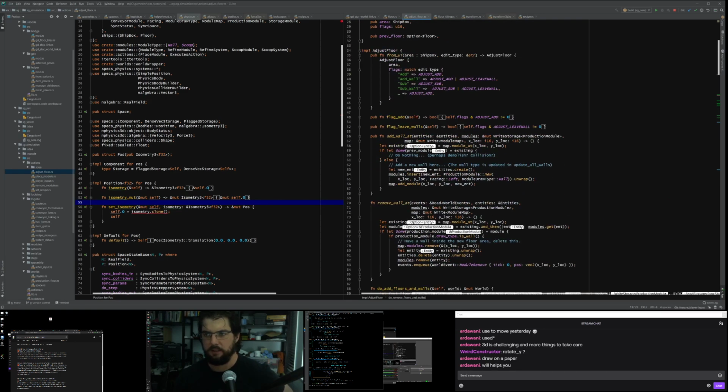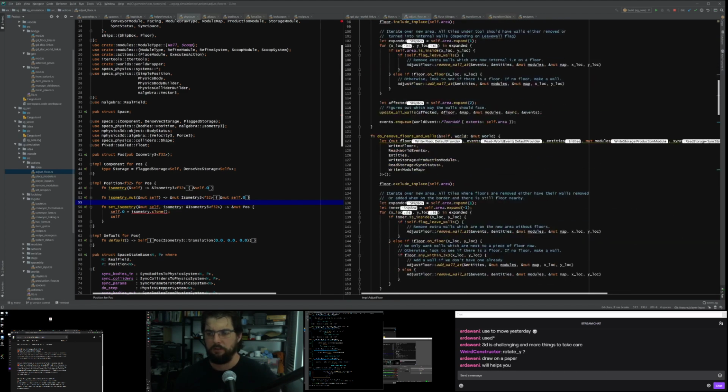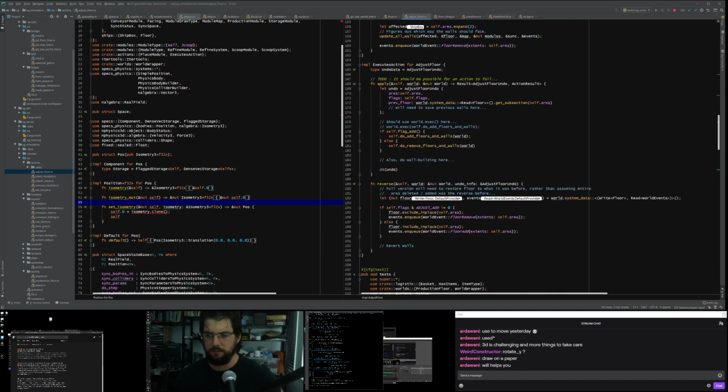Okay, adjust floor. There's some code in here that manages all the ways it can be adjusted. Here's how we apply the action. We either add or remove walls and floors. Wall building here, well, that's kind of irrelevant because that's now working. I guess there's an old to do. And here we're going to generate the colliders for the floor.